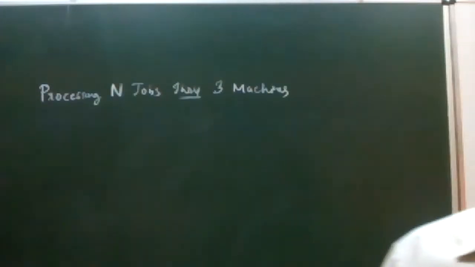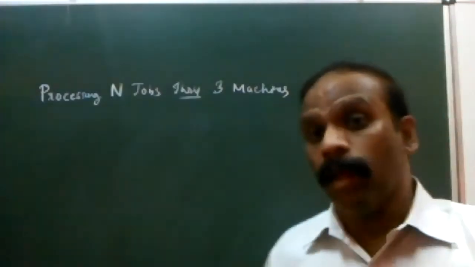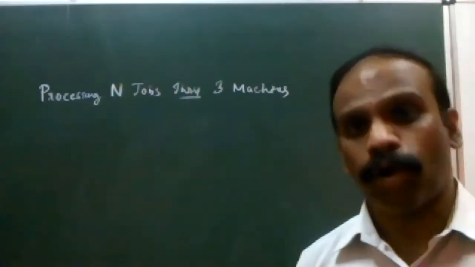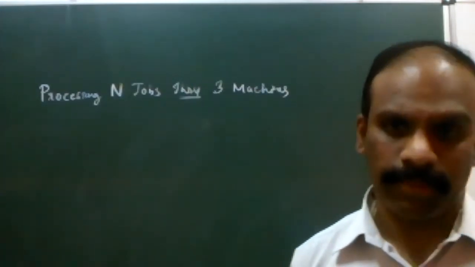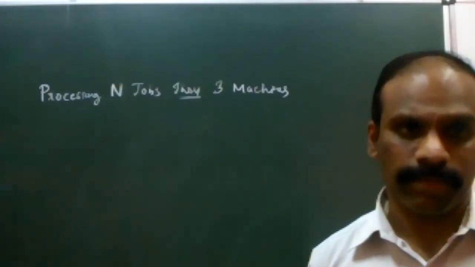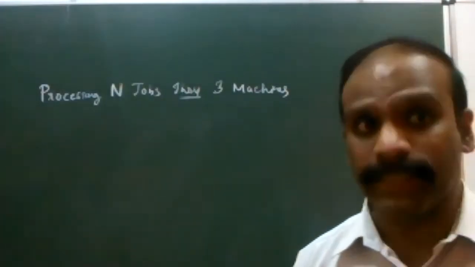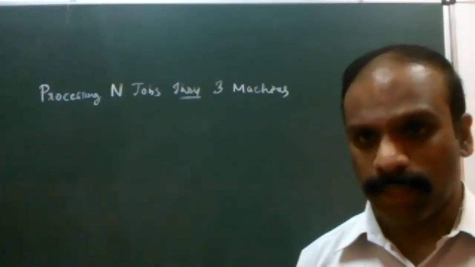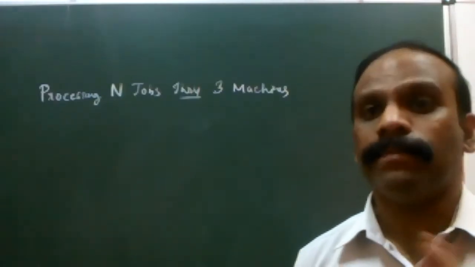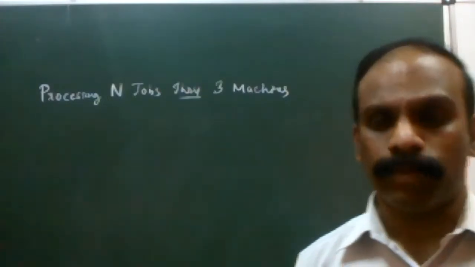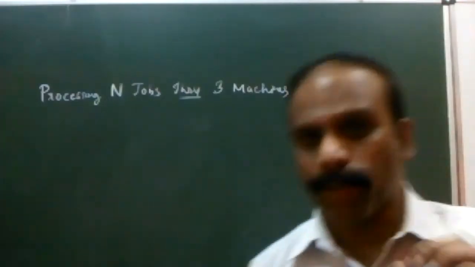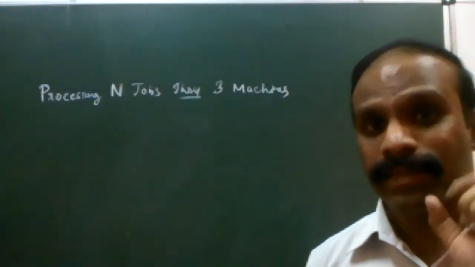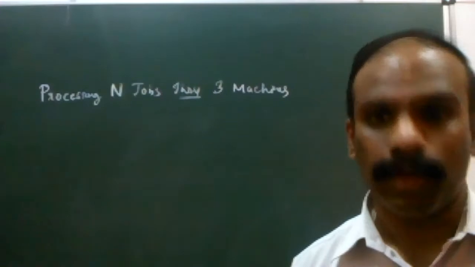And the second important aspect here is that 3 machine problems cannot be solved unless certain conditions are satisfied. That means there are certain prerequisites. Only once these prerequisites are satisfied are you allowed to convert a 3 machine problem to a 2 machine problem. If these conditions are not satisfied, then the problem does not have a solution. So please remember this very clearly. Before we convert, you are supposed to verify whether these conditions are satisfied or not. Now, what are the conditions?